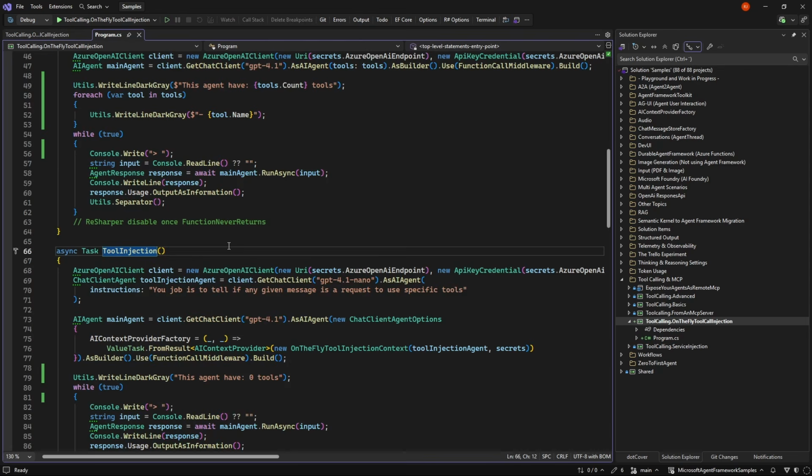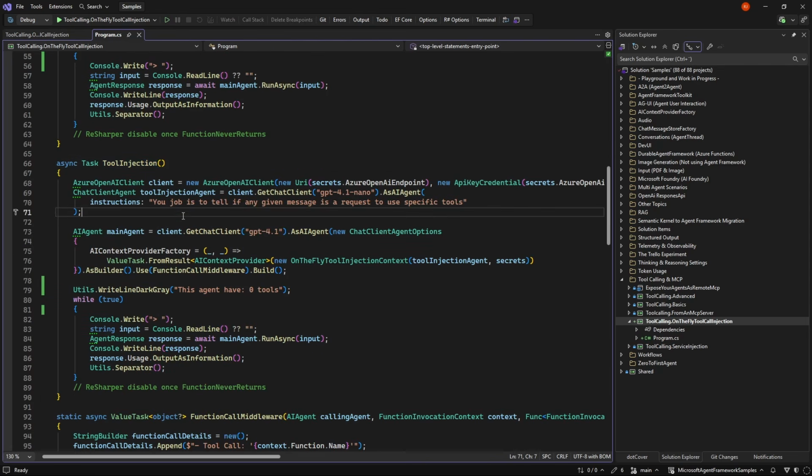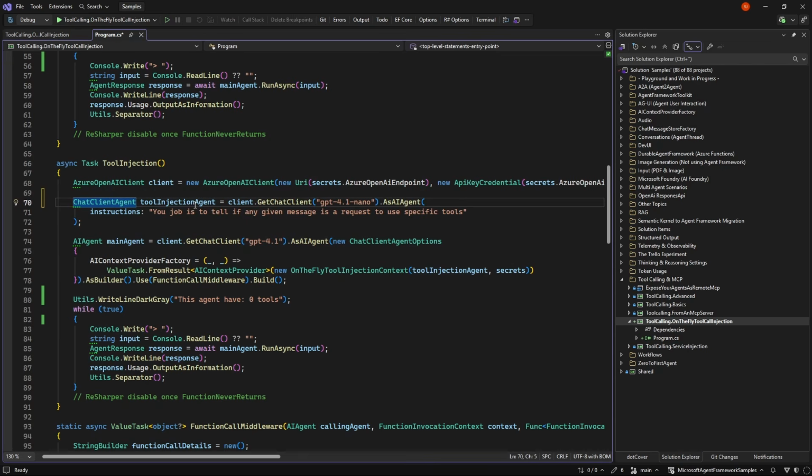Tool injection, on the other hand, does it a bit different in that we are now using 2 agents. We have a tool injection agent, and I'm using a very cheap model here because we want it to be fast. And we have a main agent that doesn't get any tools, but instead we use the AI context provider factory.